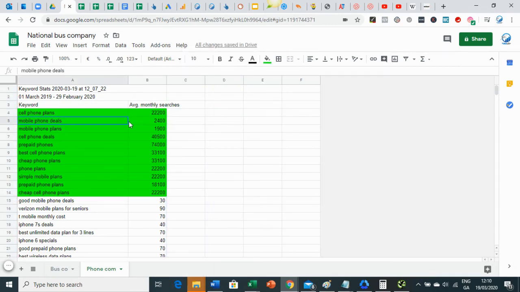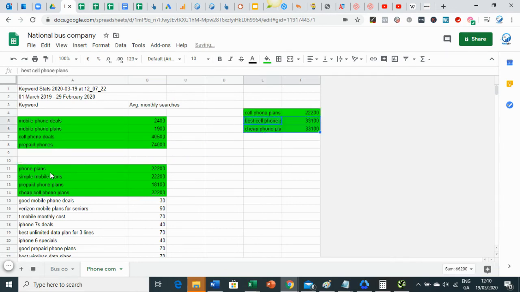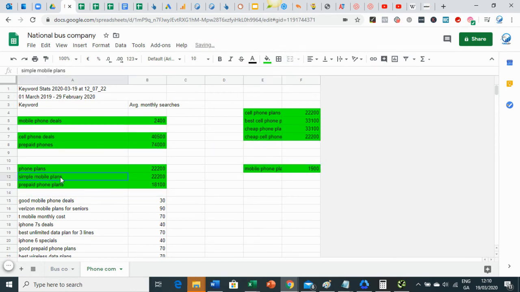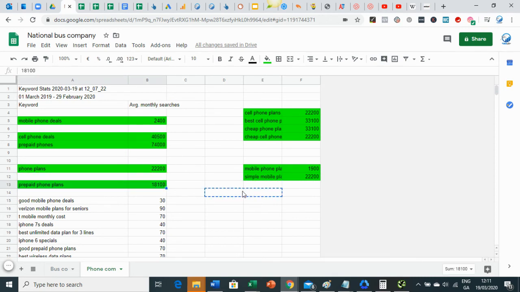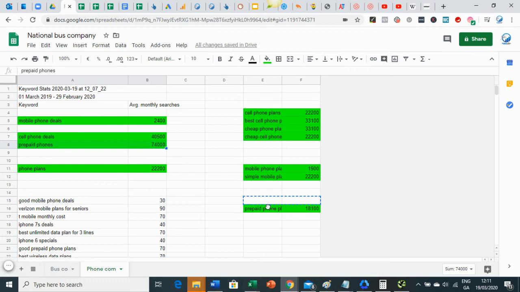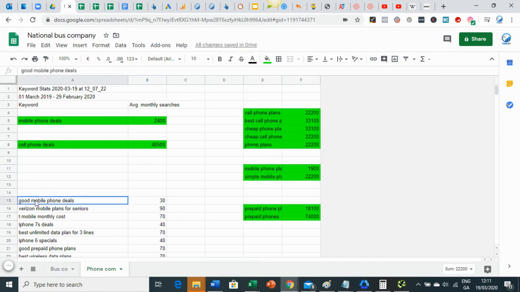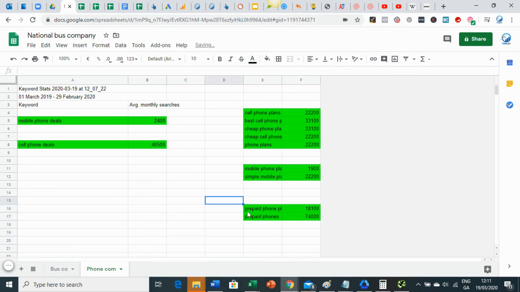So, like, you'll have one for cell phone plans. You could have a separate group then for mobile. You could have a separate group for prepaid. And you could have another group then for deals. Just going to stick this with the cell phone ones. So again, you'll have your various groupings here,